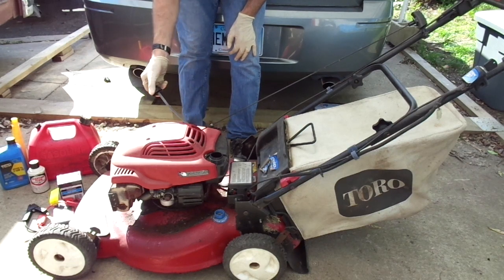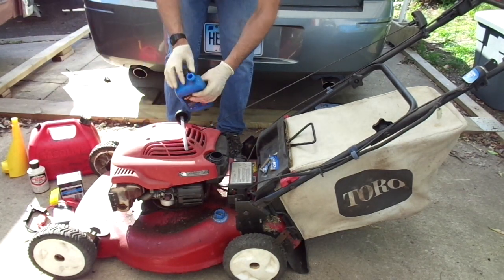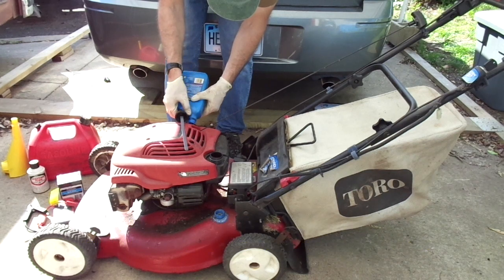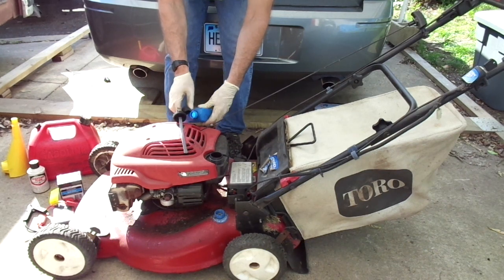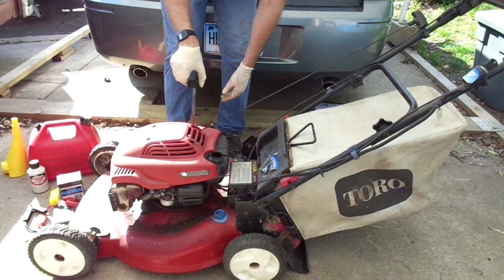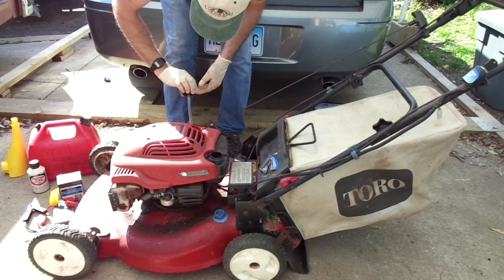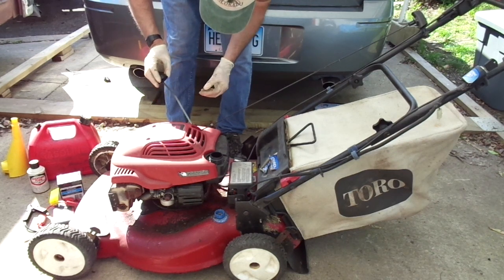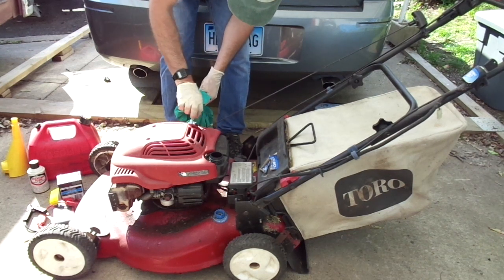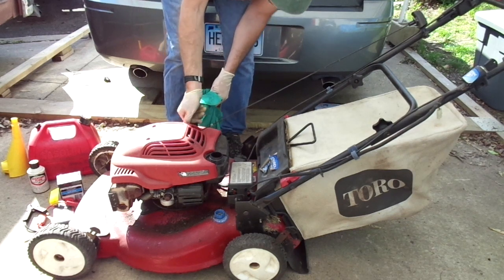Let's see. Yeah, we definitely need plenty of oil. Well, okay, whatever's left in this bottle. I guess that's all. Okay, that was a small amount of oil. Let's see what she reads now. Well, it looks like it's up to the okay mark now. It was at the add mark before. Actually, I think it's up to the full mark. Well, some of that will probably settle down. Anyway,